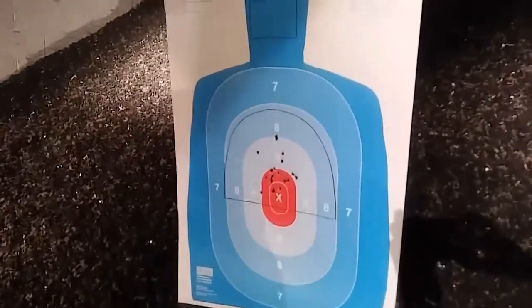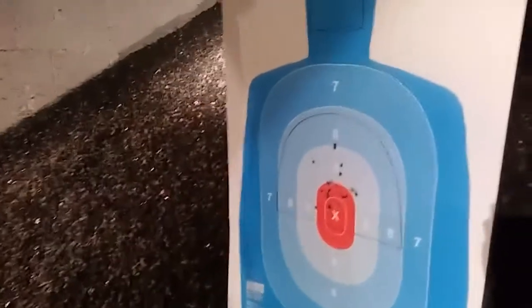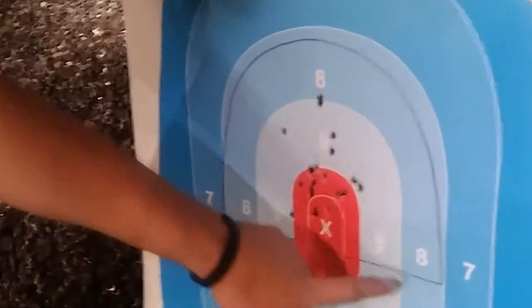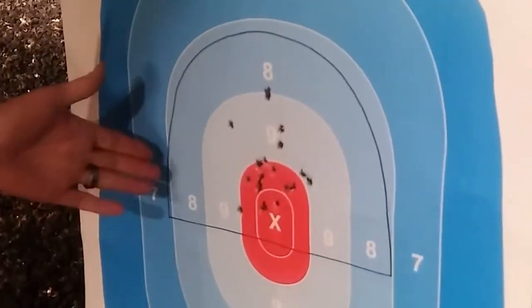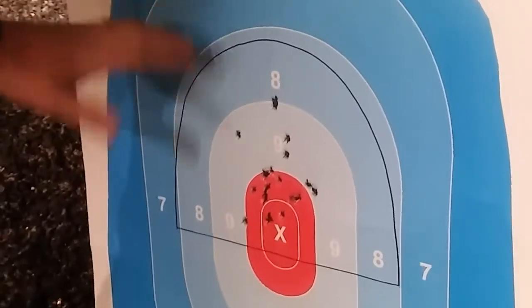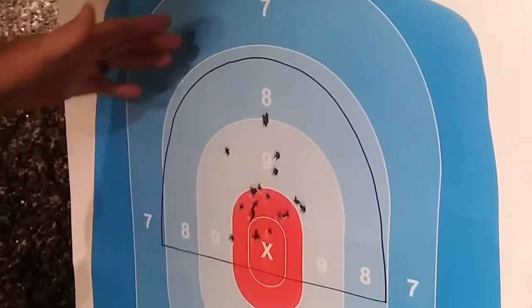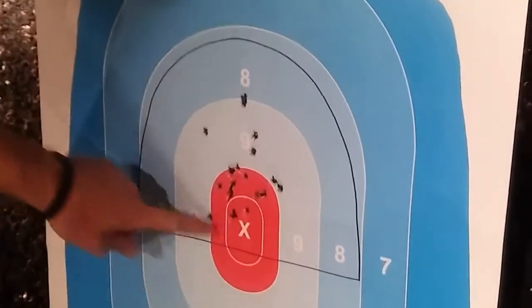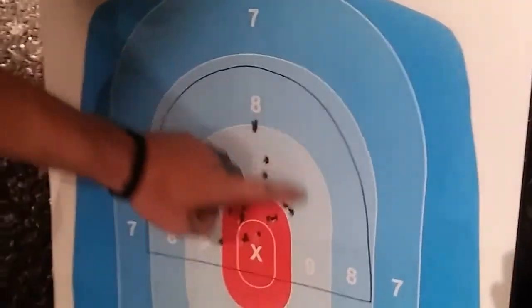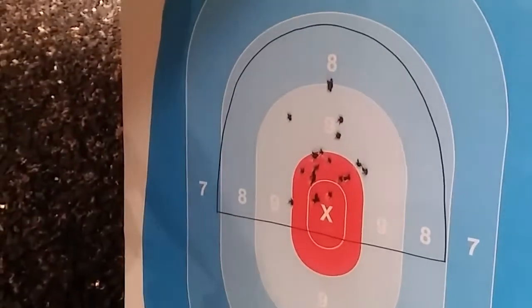Okay guys, this is the results from 14.5. If you've ever taken a front sight class, this will look really familiar to you. This is basically the shoot zone at front sight they use. Anything outside this, your down points are considered not so much a miss, but you're down your time. So as you can see, we got really good combat effective hits at 14.5 yards using a Glock 19,